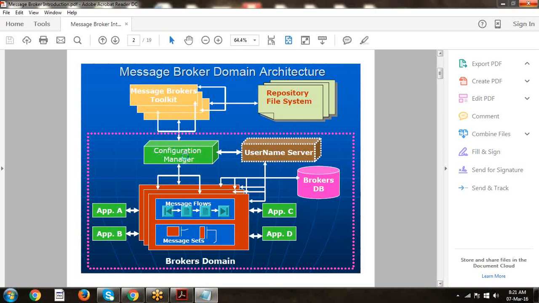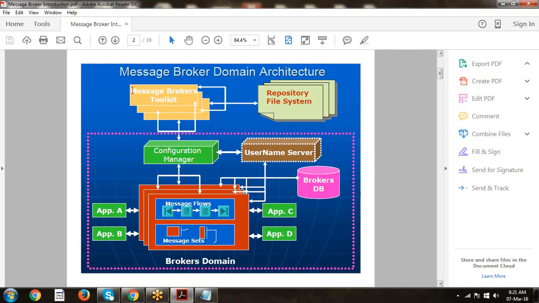But the Configuration Manager, User Name Server, broker database and broker domain have been removed from version 7 onwards. The Configuration Manager is an interface between the toolkit and the broker. The Broker Toolkit is used to design the message flows and define the message sets.